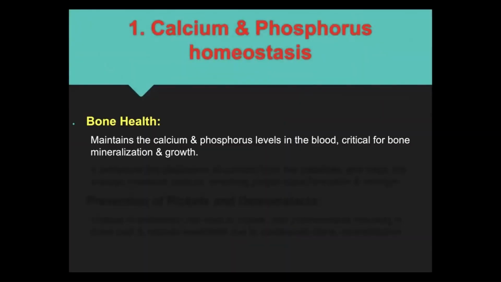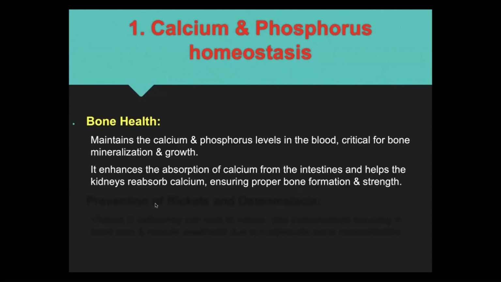Number one, calcium and phosphorus homeostasis. Vitamin D maintains the calcium and phosphorus level in the blood. They're critical for bone mineralization and growth. It enhances the absorption of calcium from the intestine and helps the kidney to reabsorb calcium, ensuring proper bone formation